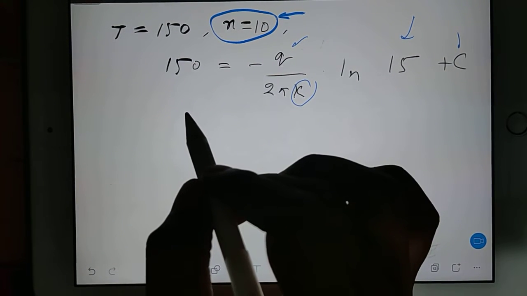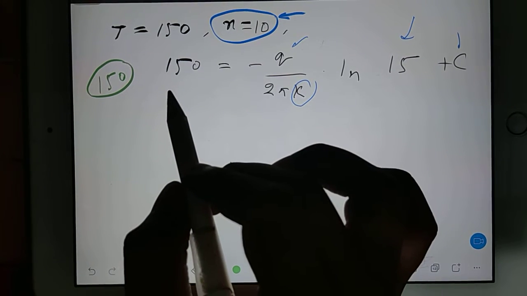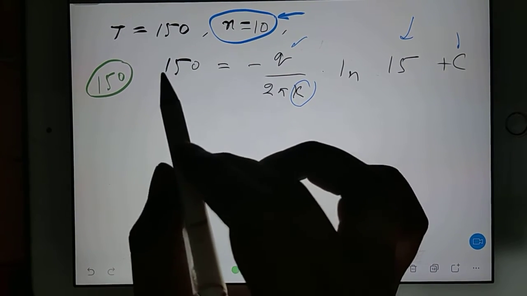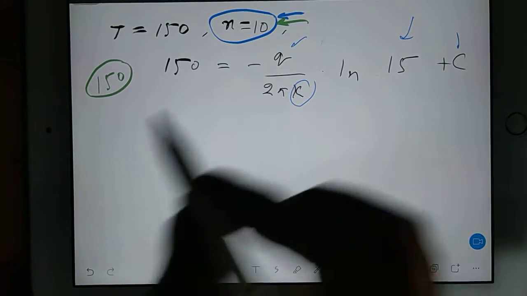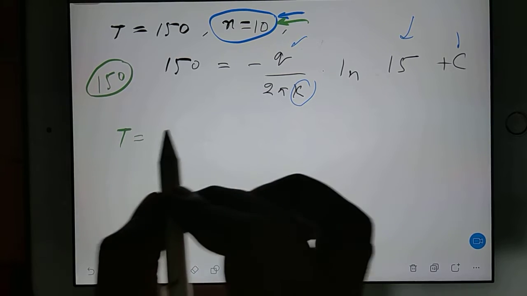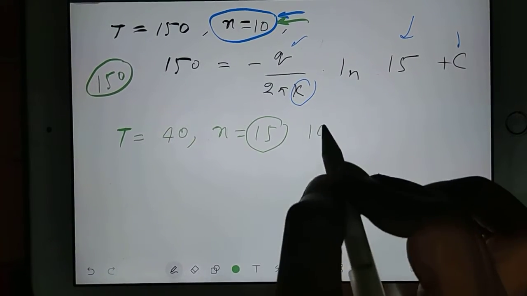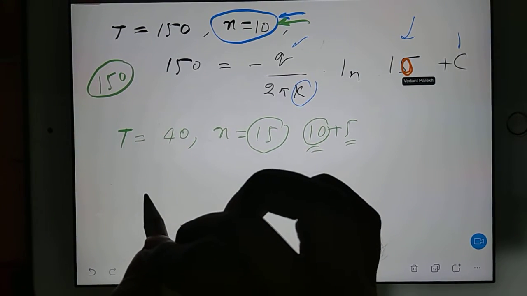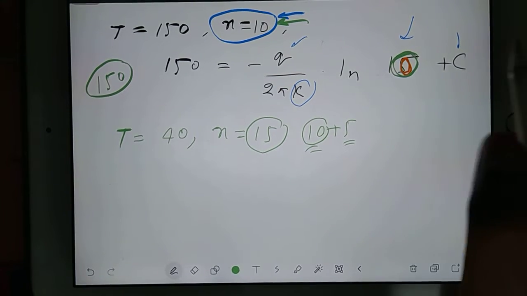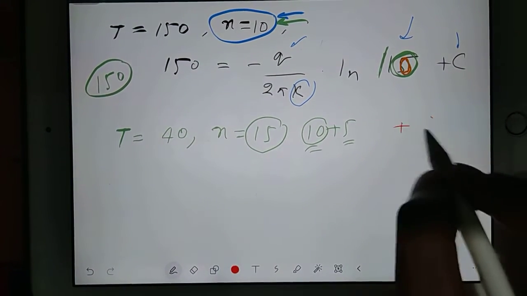Temperature was 150. Then again, now in this thickness you add, then you will be coming to outer side. So at outer side you have temperature 40. Where? For x is equal to 15. This 15 is nothing but 10 plus 5. This 10 is the radius and 5 is the thickness. Yes, 10 will be here. And then you put the constant here.